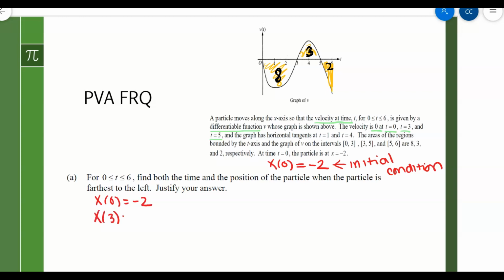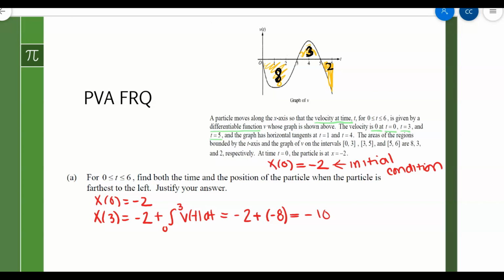X of 3 is -2 plus the movement from 0 to 3, which is the antiderivative of velocity, which is the area of the curve. So it's -2 plus a -8 because it's below, so it's going backwards, which means at 3 seconds, the particle is 10 units to the